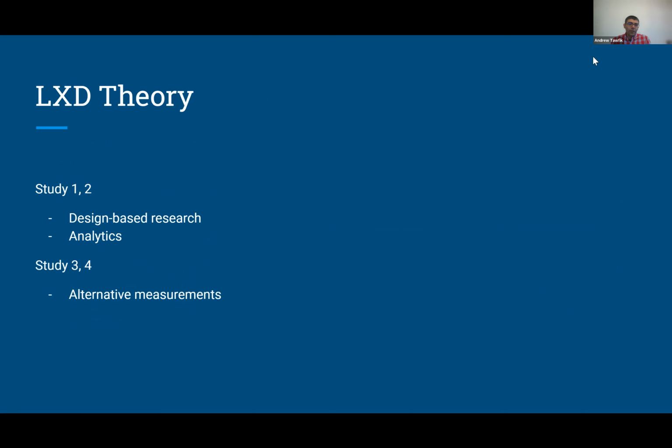And then some of the latter studies talk about, if I am going to try and understand learning experience design, maybe I might need some different types of measurements and different ways of thinking about it. Maybe I can't just give people a test score or a self-efficacy survey at the end. If I think I'm looking at a different part of that learning experience, maybe I need to capture it and measure it differently to be able to really understand it. And I have some ideas, and I'm curious to y'all's thoughts on it as well.